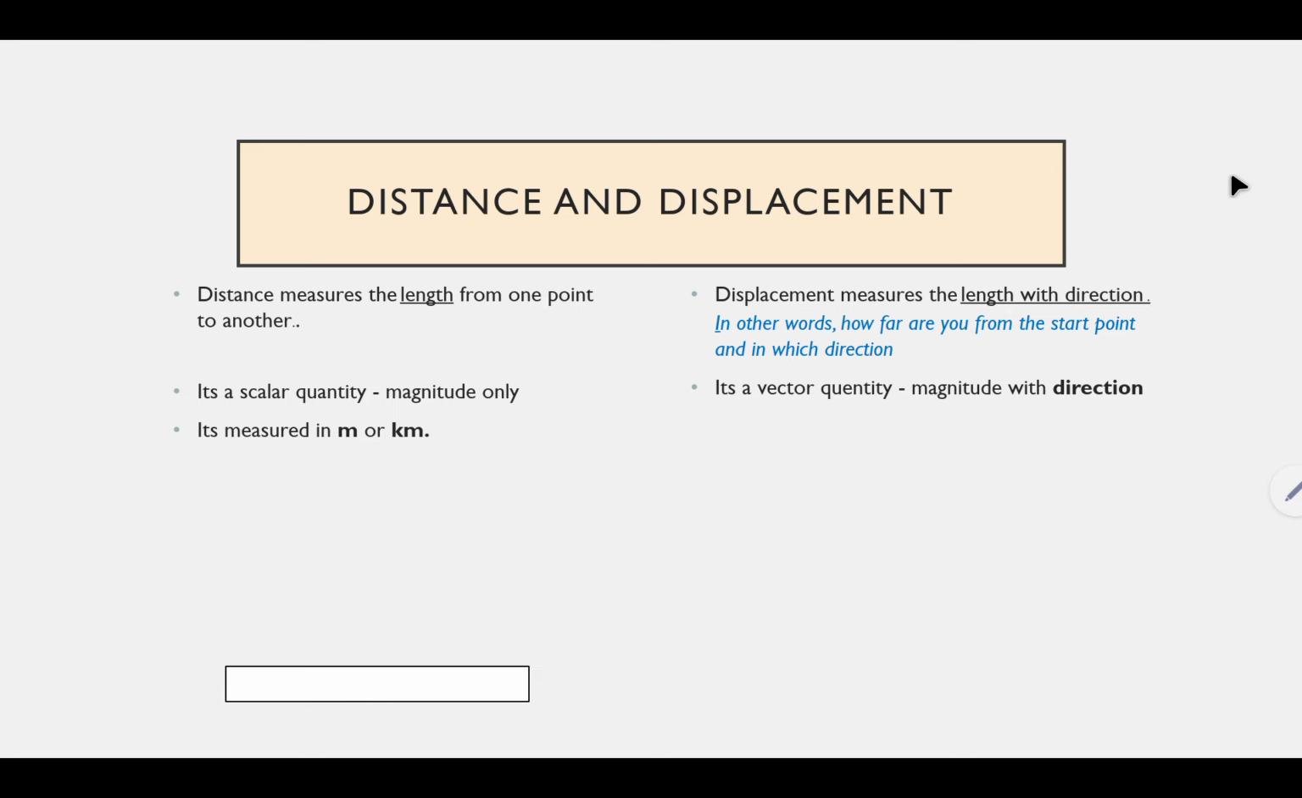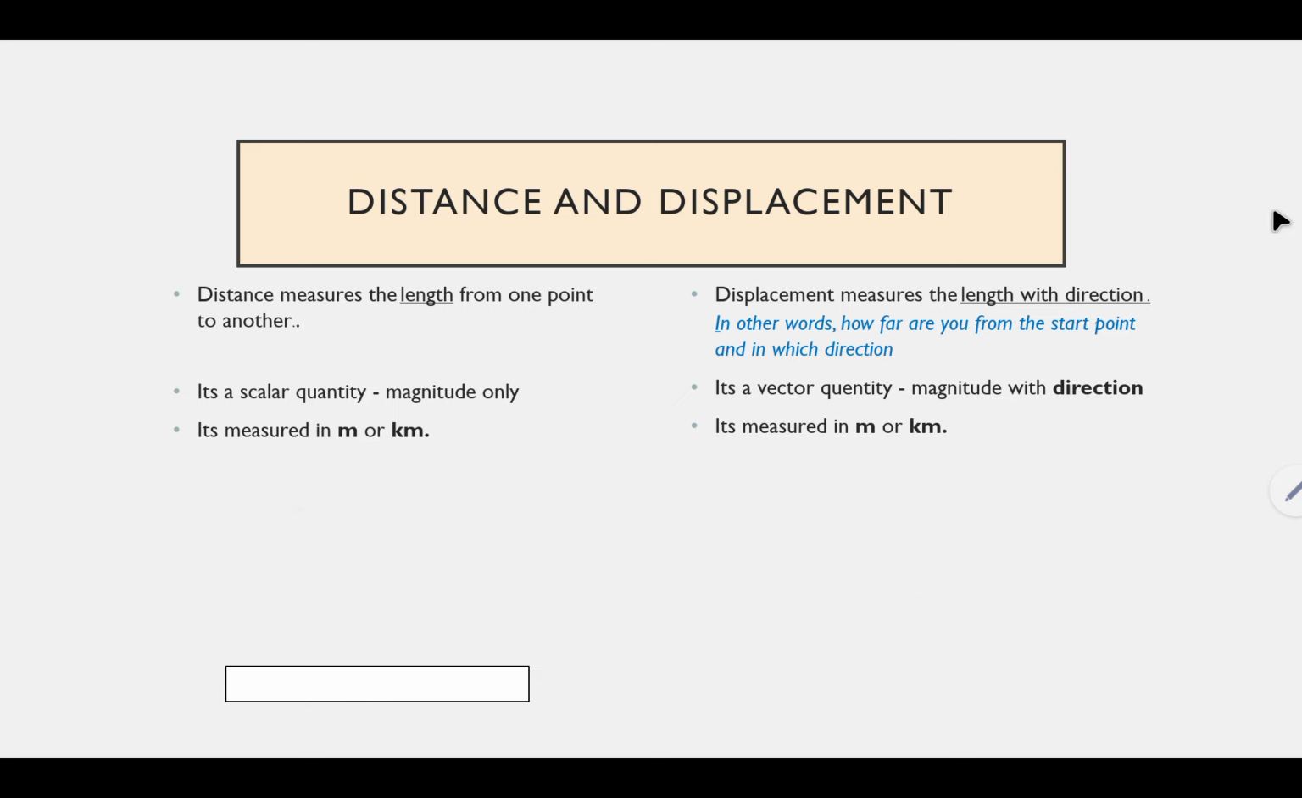Since I've included direction, then this becomes a vector quantity. And just like distance, it's measured in meters or kilometers. I want to highlight something, that displacement measures how far you are from the starting point and in which direction. Even though you think that this does not matter for now, actually it's extremely important, and I'll tell you